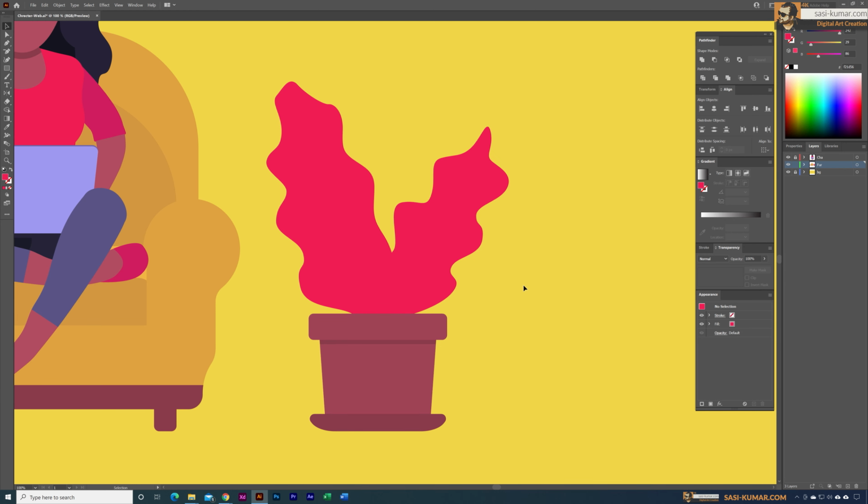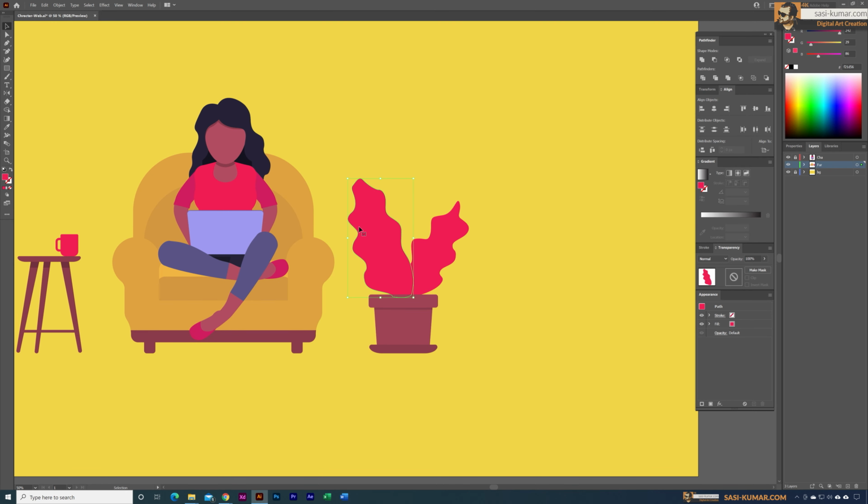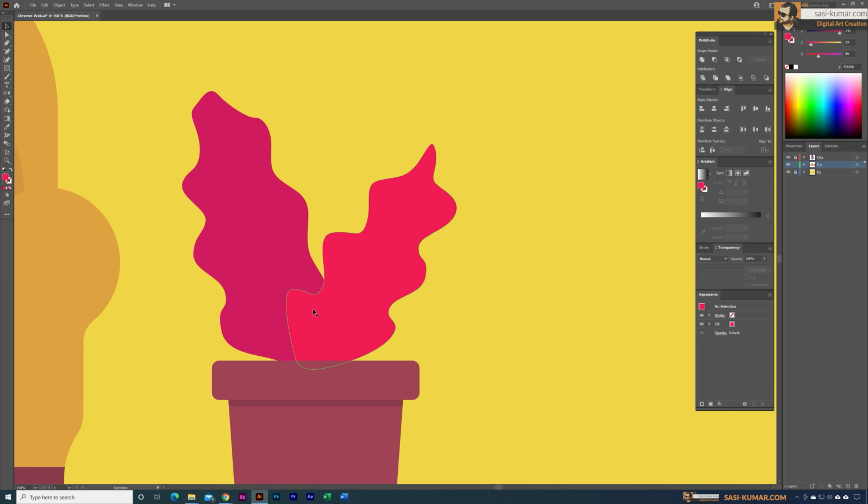And for them, what I'm going to do is, for this I'm going to get the colors from here, and let's make them a little bit smaller. All right, select all of them, bring it here a little bit closer. Okay, and in here let's have some details. I'm going to start from here